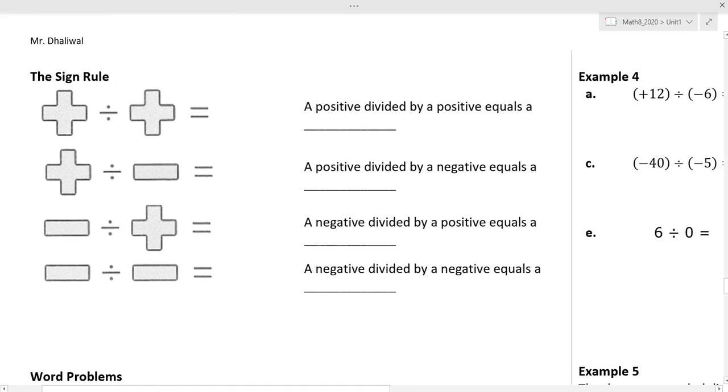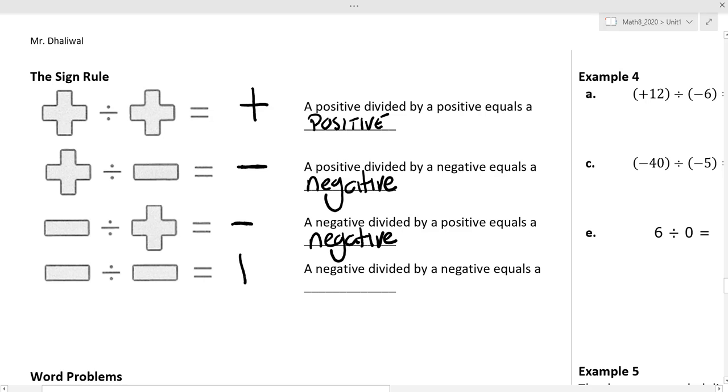So just like multiplying, if you have 2 positives, it's going to be a positive. If you're dividing a positive and a negative, it will be a negative. If you have a negative and a positive, it will be a negative. And if you have 2 negatives, it will be a positive. And just like multiplication, if the 2 signs are the same,